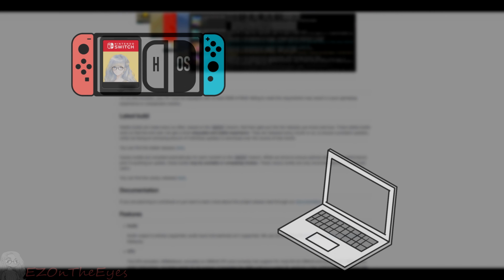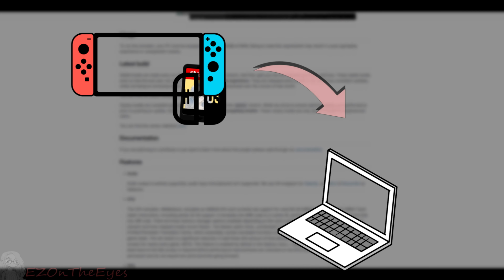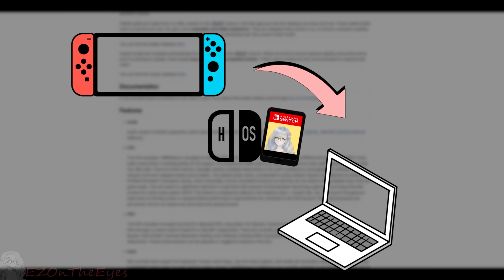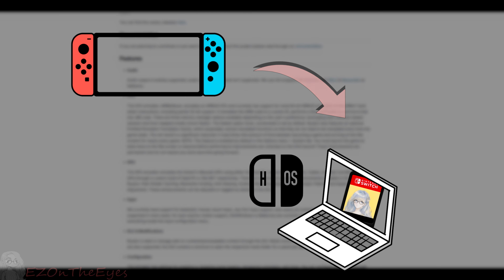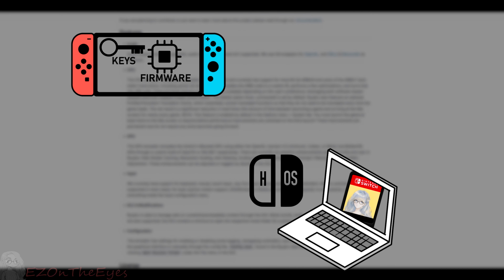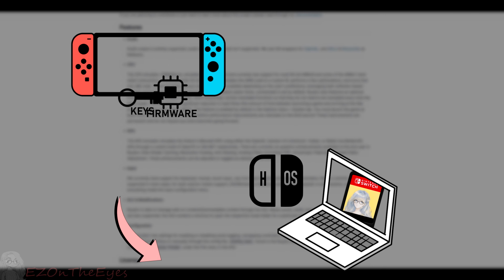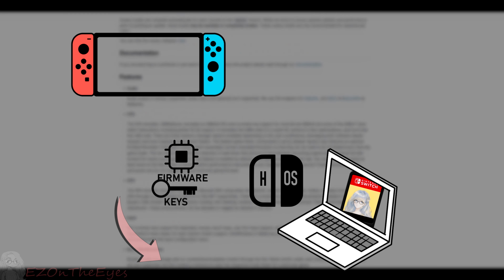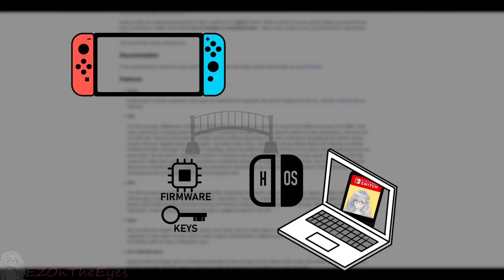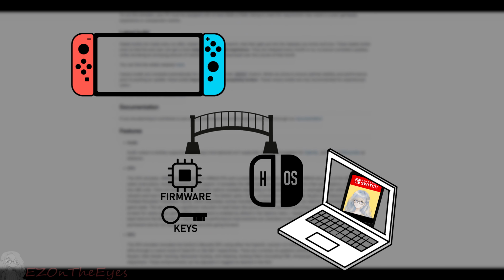This program works by taking a game and reading the game through an emulated Nintendo operating system. The official Nintendo Switch operating system is known as Horizon OS. Using this emulated system, it allows the games to be played. In order to do this, legitimate Nintendo firmware from the Switch is required to run your games. Along with this, a piece of code that is basically a long, encrypted text file is needed to act as an in-between to give the Ryujinx program the ability to run games. To put it simply, firmware and keys act as a required bridge to allow the program to read your games.